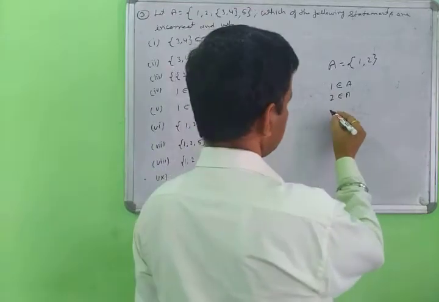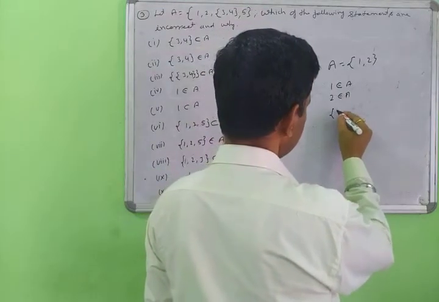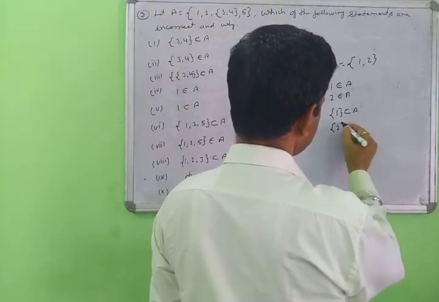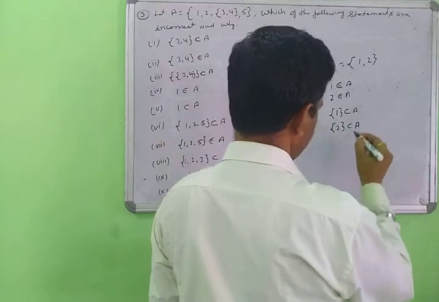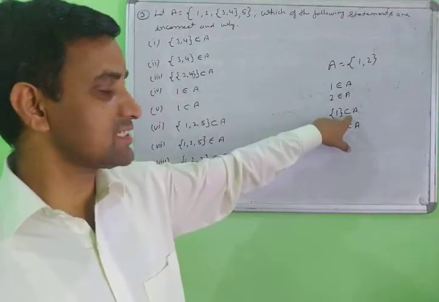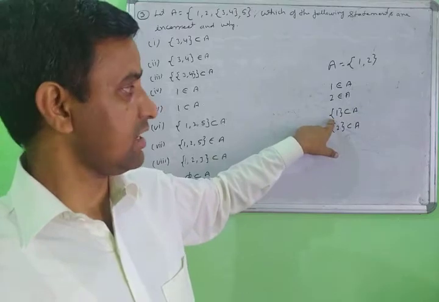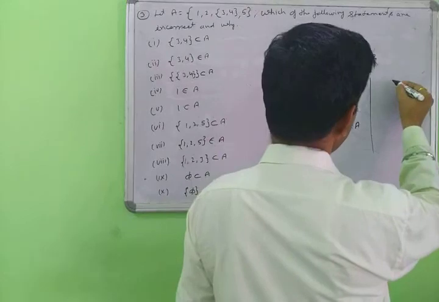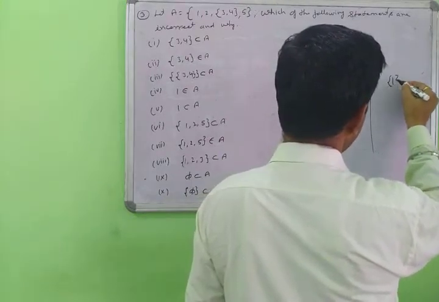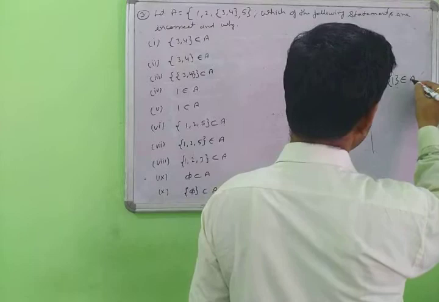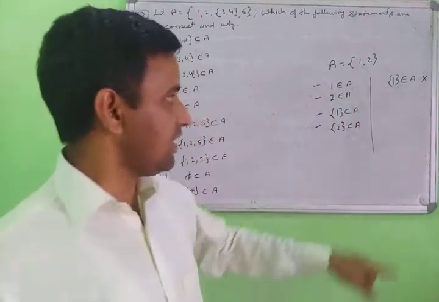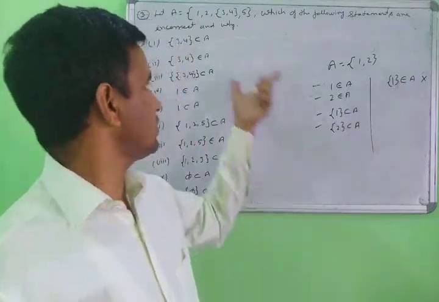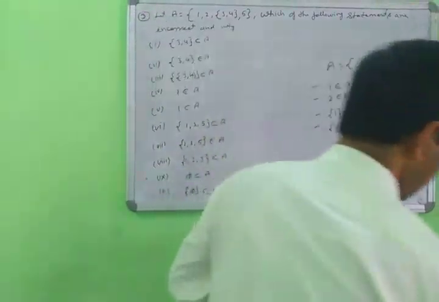Second, suppose you are writing the subset sign: A subset A and B subset B. When you use the subset sign, you use the curly bracket, and this is all correct. Suppose you write an element belongs to A using a curly bracket; this is wrong. When I use belongs, don't use the curly bracket. According to this, you solve these questions. Yes, let us start the question.